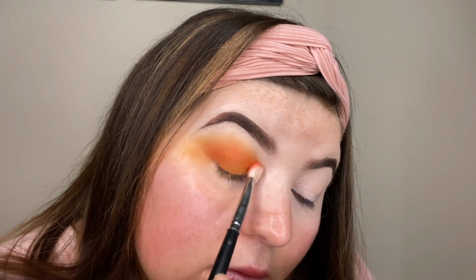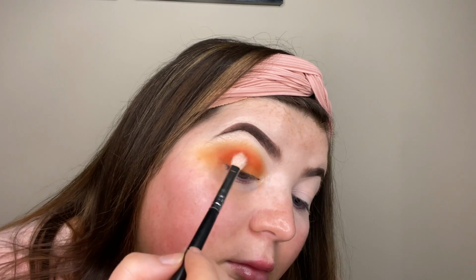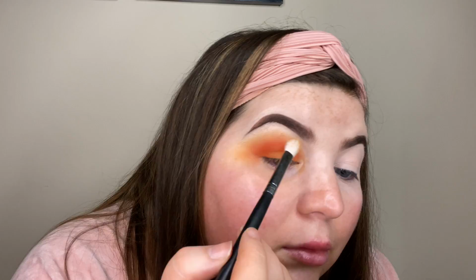It is very bright, but folks, it's not going to look this orange at the end. I think people are scared of using oranges because they think, oh well, it's too bright for me, etc. Let's not. But I really am just focusing that in the crease, just a little bit lower down than the